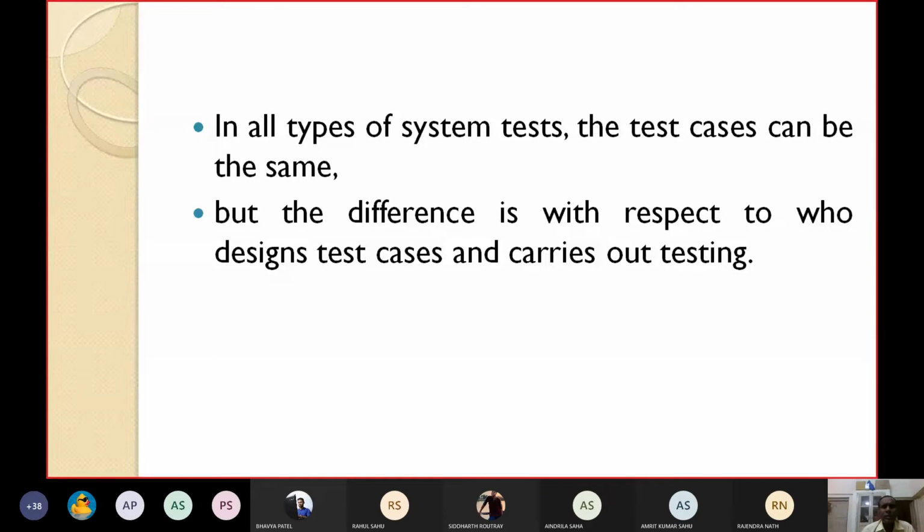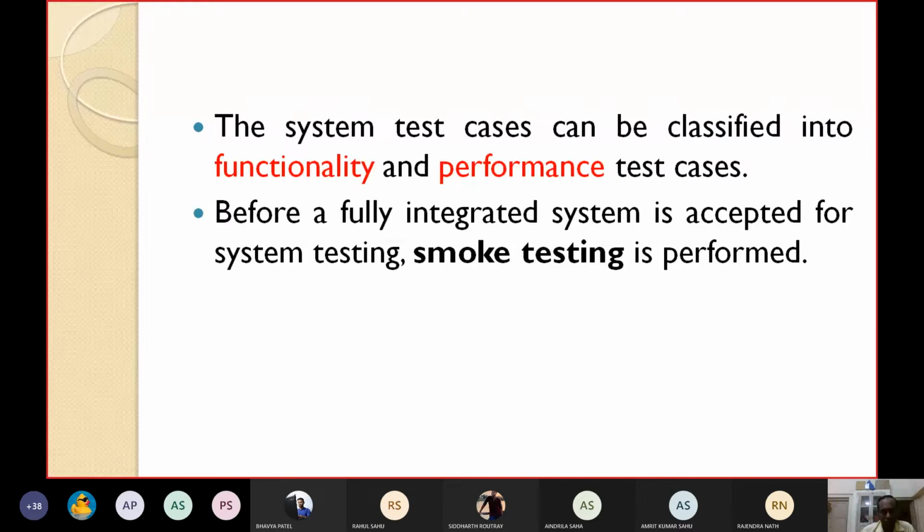Okay. Now we'll see some other aspects. The system test cases can be classified into two important categories. One is functionality test cases, or function test cases. Another is performance test cases. These functionality test cases will be used to test the exact functionality of the software. We have already seen this when using unit testing techniques like black box testing and white box testing.